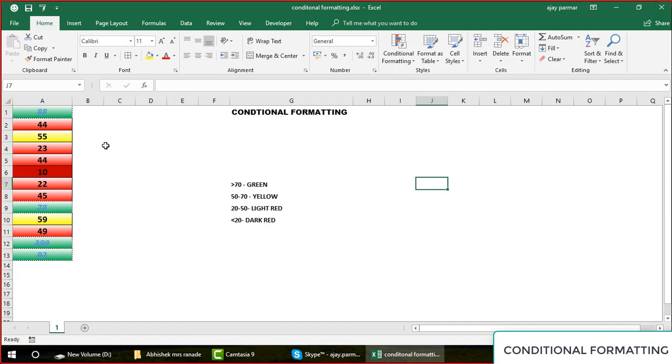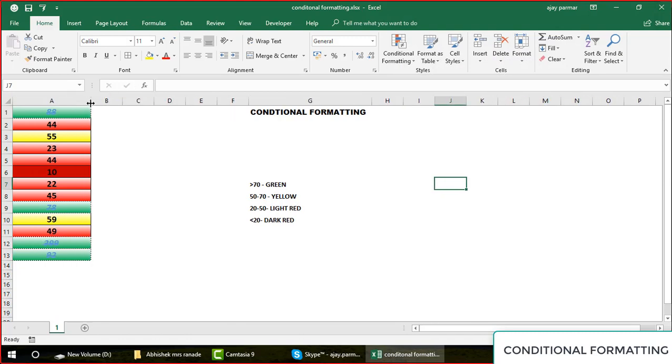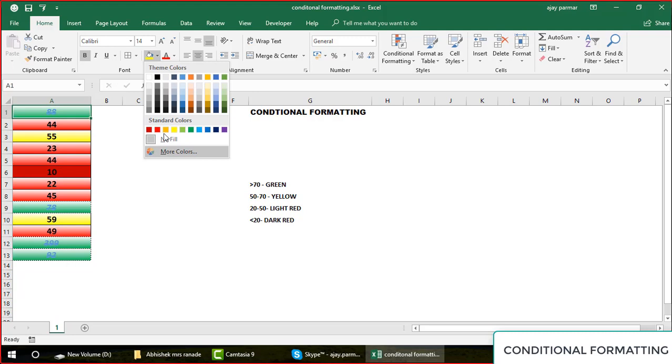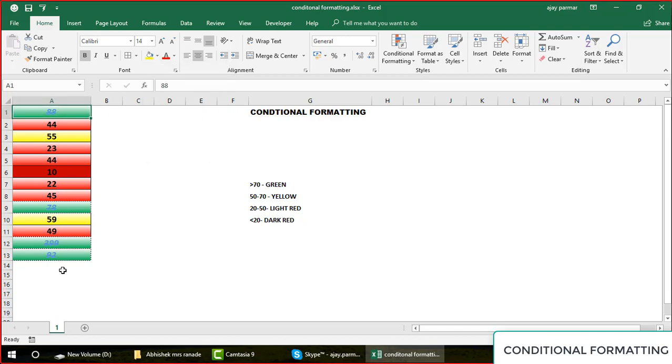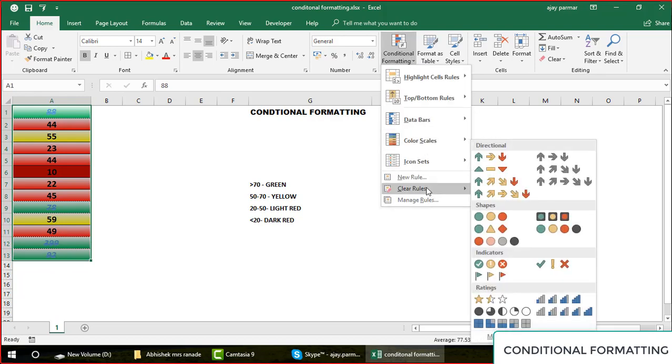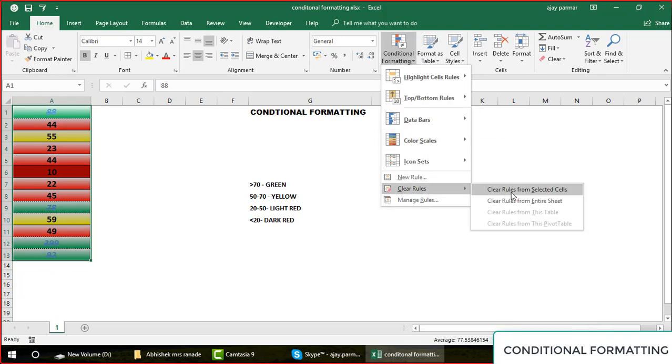So now you can see this is how your Excel looks like. And conditional formatting means it is not going to be removed from here. If you think that you can say no fill, this is how we remove the colors, this will not go, it remains there. Unless you select this data and say conditional formatting and clear rules from the selected cell, then the conditional formatting will be removed. So this is how you can remove the conditional formatting.